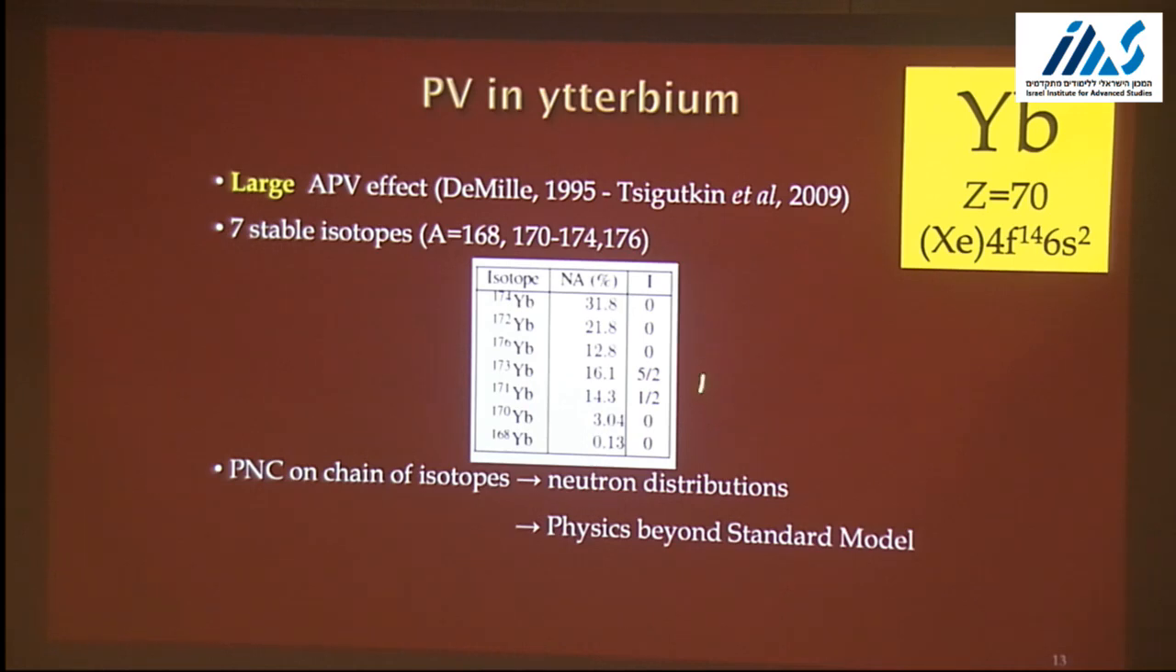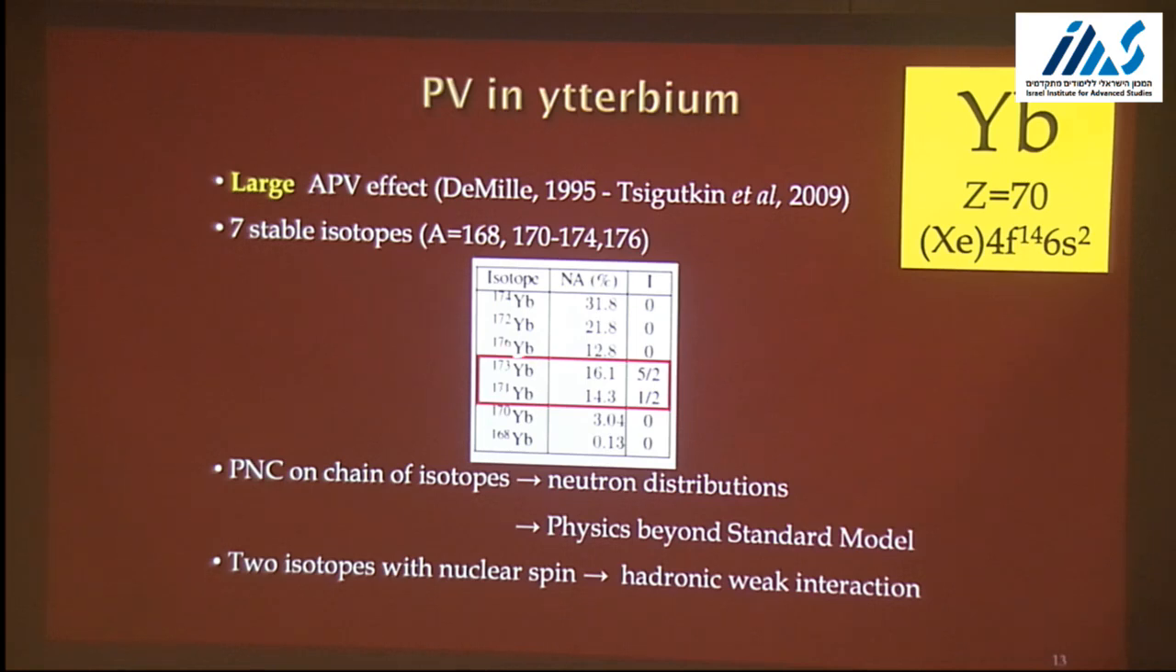There's another thing about Ytterbium, that it has 7 stable isotopes, and in an atomic parity experiment, what you can do is compare the parity violation effect on different isotopes. I'm going to say more about this. Also, you notice that there are 2 isotopes, 173 and 171, with non-zero nuclear spin. And it turns out that this non-zero nuclear spin is important to look for this thing that I already briefly mentioned called the nuclear anapole moment. So this is doing weak interaction physics inside the nucleus using atoms,